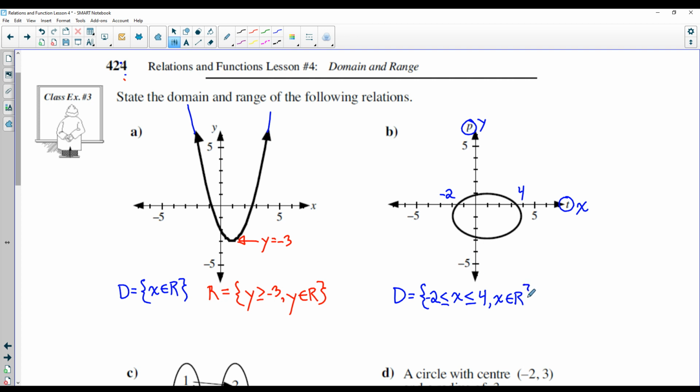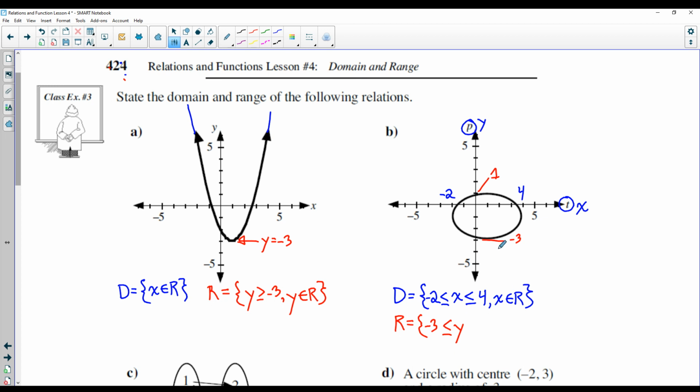So we'll close that off. How about the range? Okay, so the range is a list of all possible y values. So the lowest y value you would have would be -3, and the biggest y value you would have would be +1. So if I write down the range, we can say, first of all, y must be a number that is greater than or equal to -3,